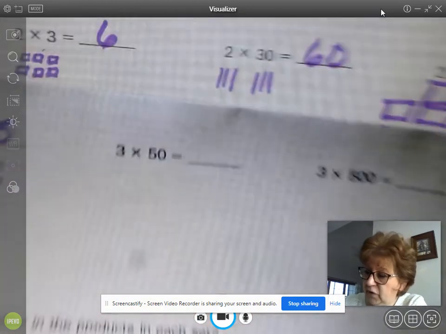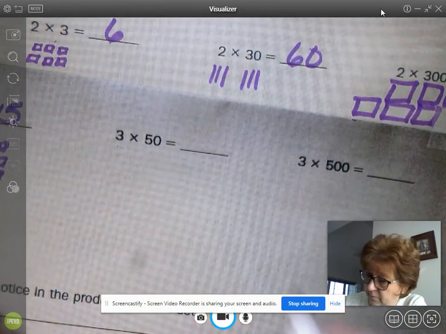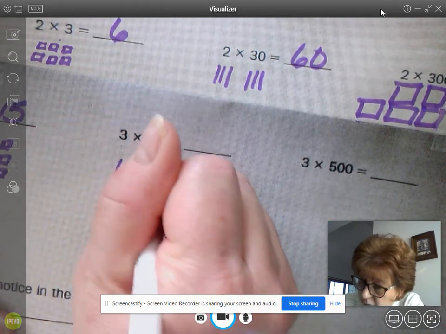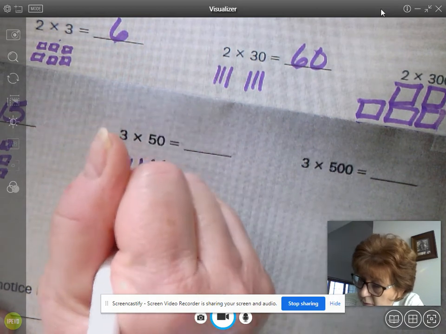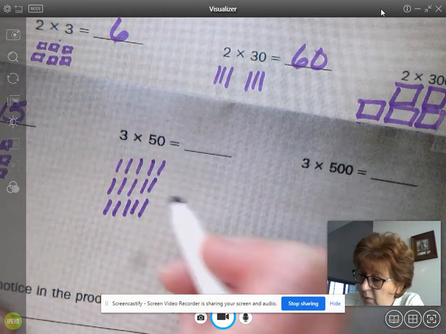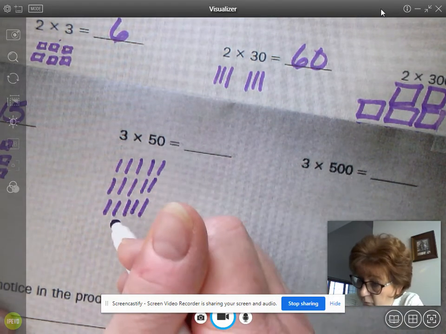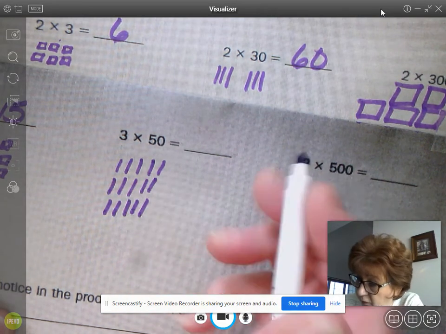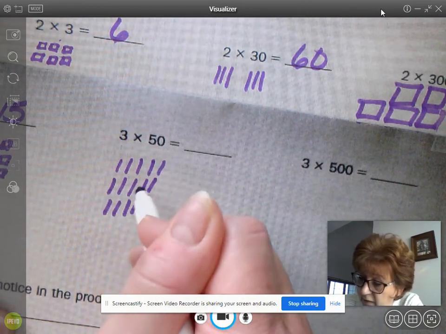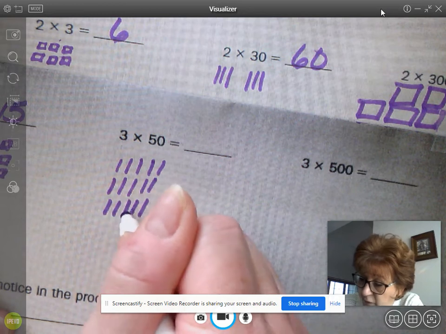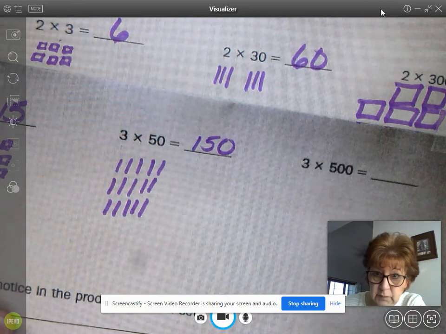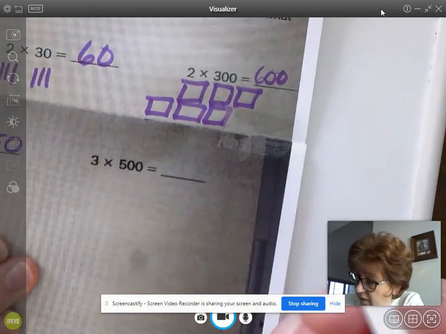Okay, if I was going to do 3 times 50, then I would have my longs. And again, having those in groups of 5 or 10 makes it a whole lot easier. So I would have 10, 20, 30, 40, 50, 60, 70, 80, 90, 100, 110, 120, 130, 140, 150. Okay, and if I was going to do 3 times 500,